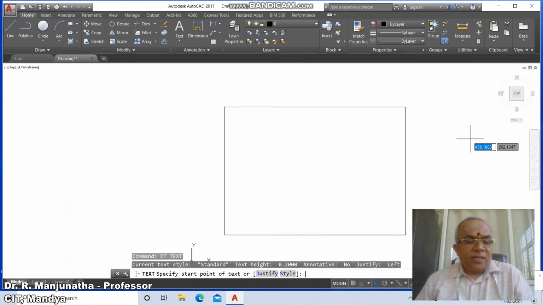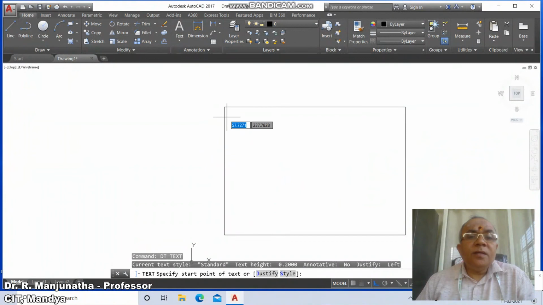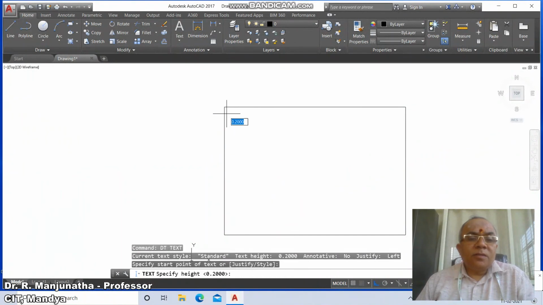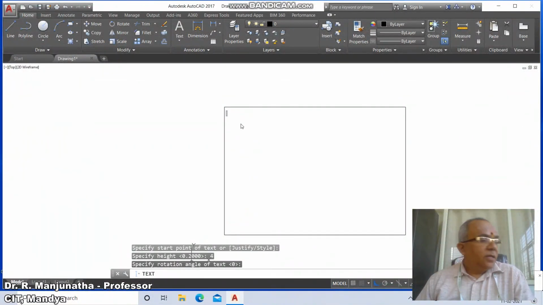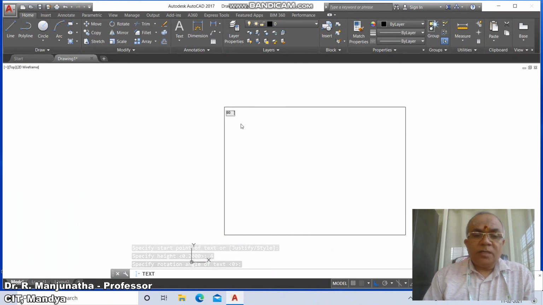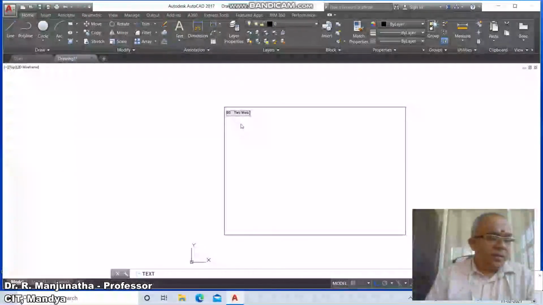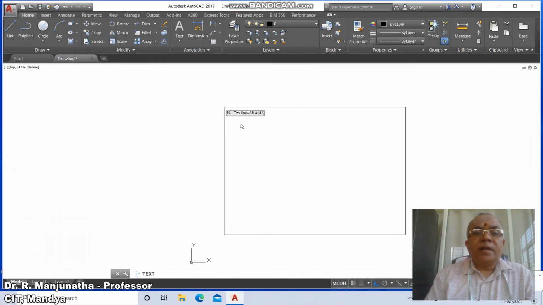Now we'll go for the text. Switch off the caps lock and then click on the first button of the mouse at the top left corner and specify height as 4 and the rotation angle is 0 and type the text. Here type the problem number 80. Here two lines, capital AB and capital AC,